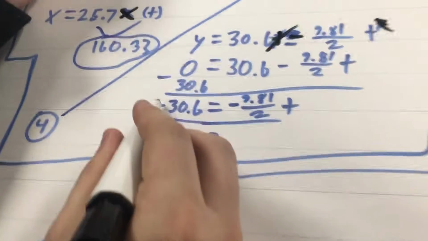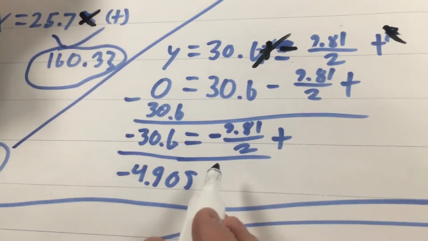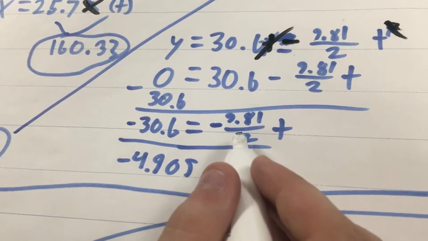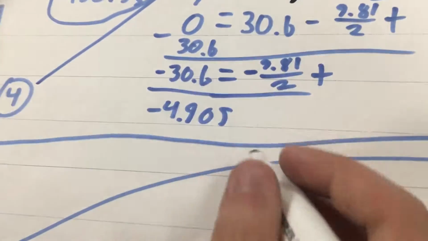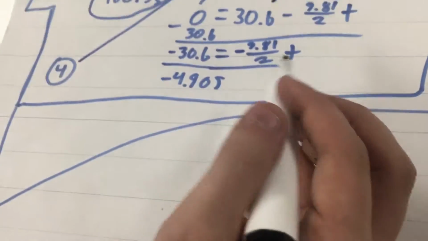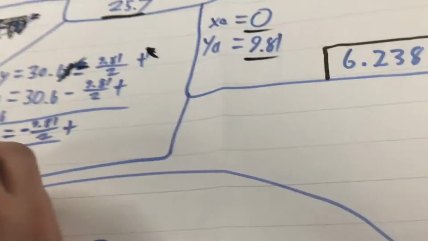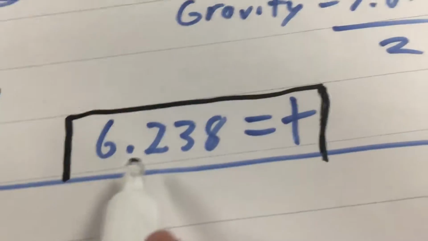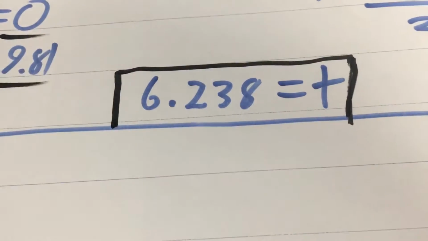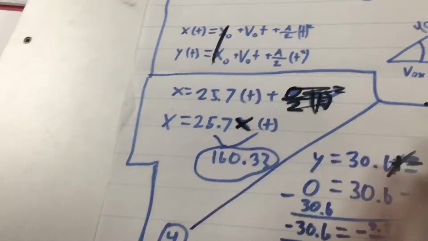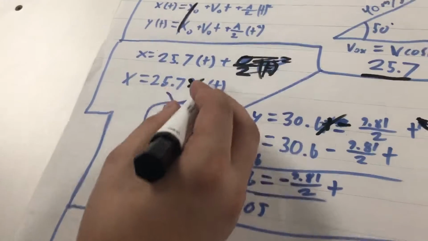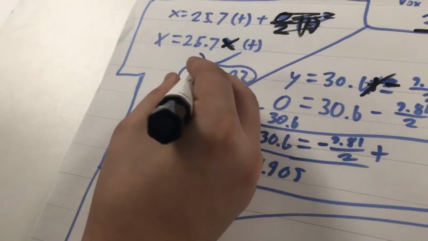Now, you just subtract 30.6 from each side. So 0 becomes negative 30.6 equals negative 4.905 t. Then you divide each side by that, and you get the answer. I didn't have enough room, so I just put the answer right here. 6.238 equals t. Next, you put that into the x, because that's the answer we're trying to look for in y. Now we just put it into x, and we get